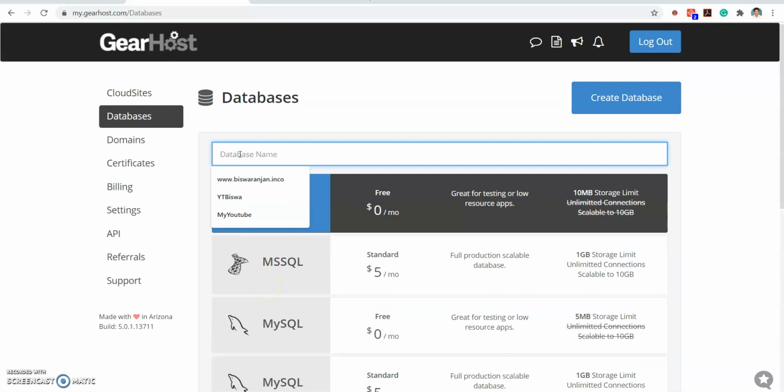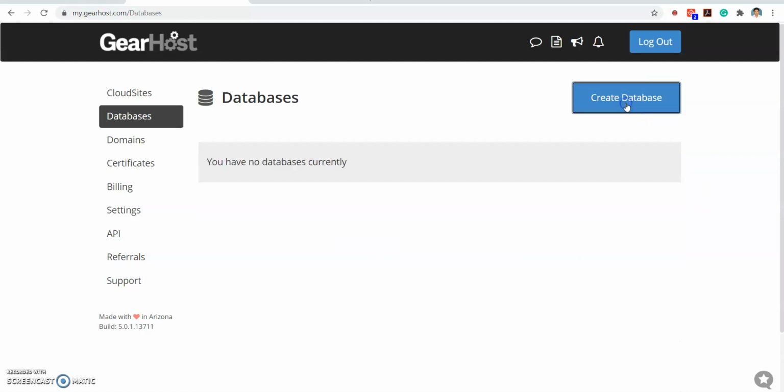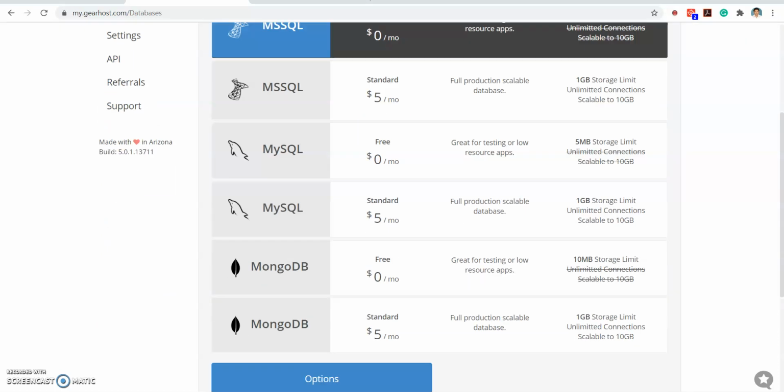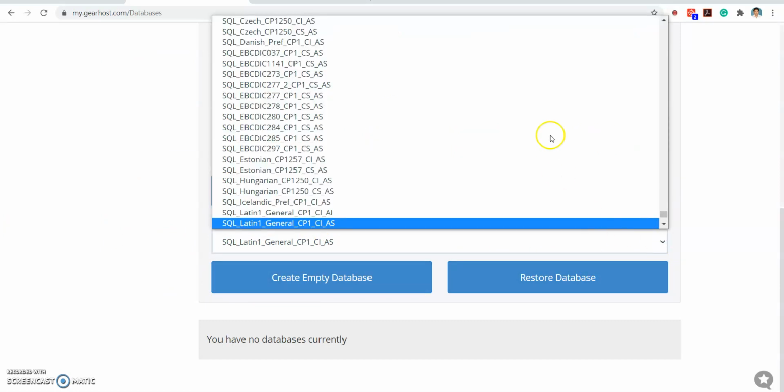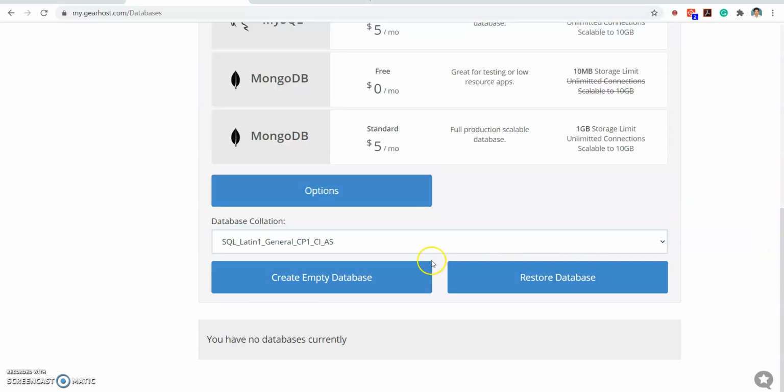Let's say I'm giving U2DB. Let's copy paste this database name. Okay, it's available. Click on create database. Oh, sorry. Click on here. So you can see database collation, you can also choose. I'm keeping it as default. Create empty database.